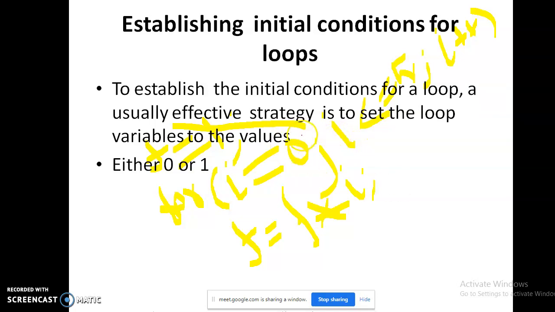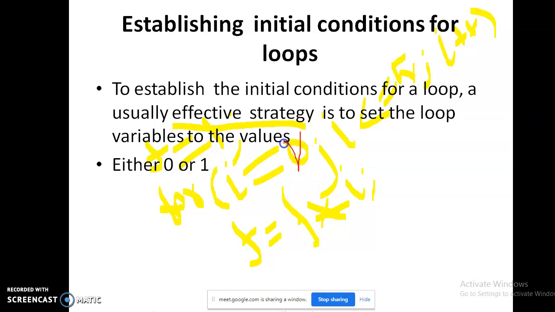No, because we initialize i equal to 0. When it enters the first time, we multiply with f equal to 1. 1 into 0 becomes 0. Afterwards, when we increment the i value, it becomes 1, 2, 3 up to 5, but we always multiply with 0. Anyway, it returns the result as 0.